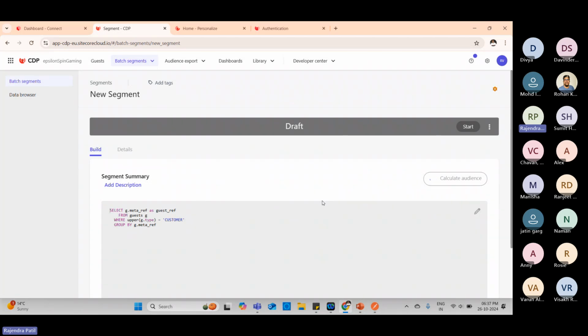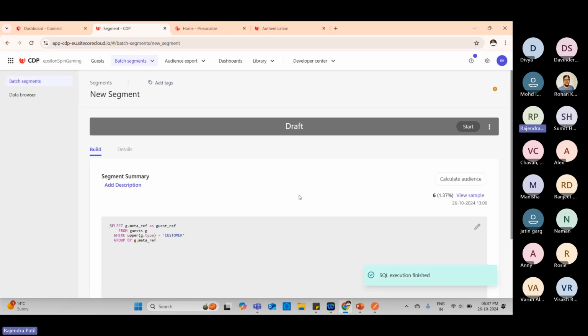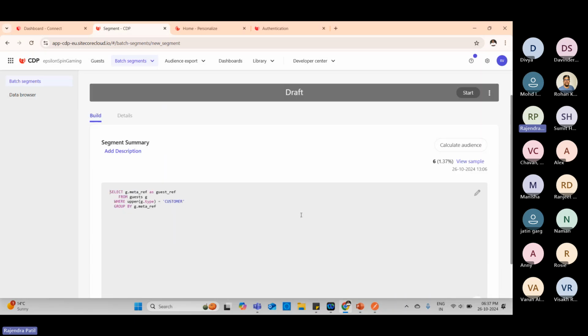Meantime, let me go back and start with the other features. Let this calculate. It will take some time. Before we start with other things, just take a look at the result from the segment. So this segment is saying that so far we captured 6 records, and the percentage of those customers is